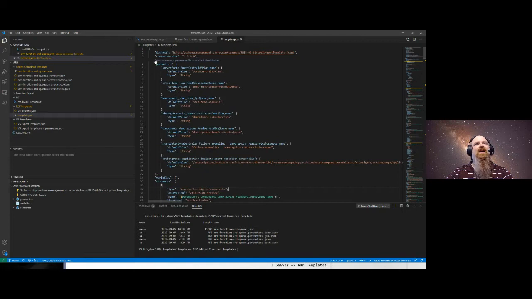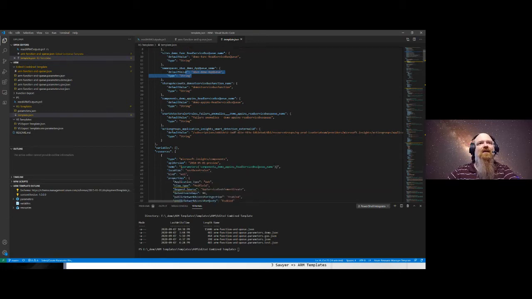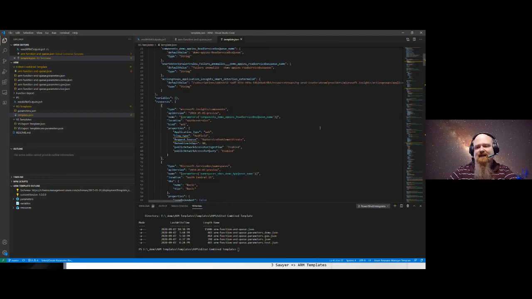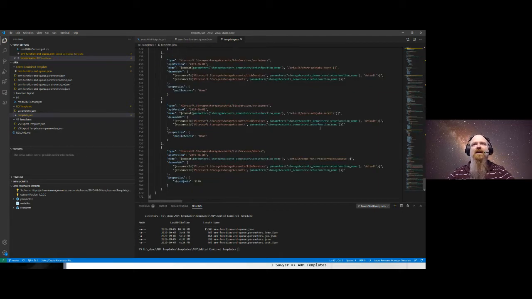And you'll notice it's got parameters. So we're defining some parameters in here for what we want the plan to be called, what we want the queue to be called, and you can replace these, right? And if you say wanted to stand up a new environment, you would do that here. But you'll also see, let's take a look at some of the other things that it exported in here. And in fact, I'm going to come down to the end,